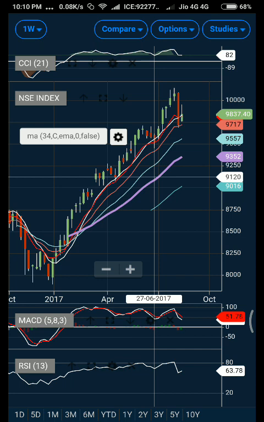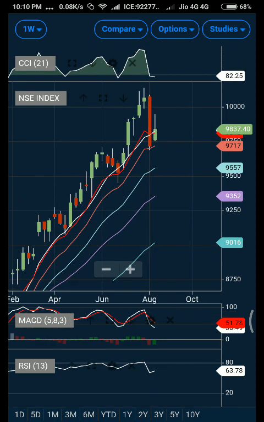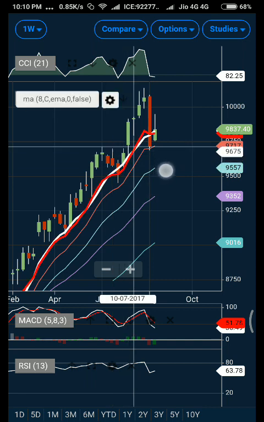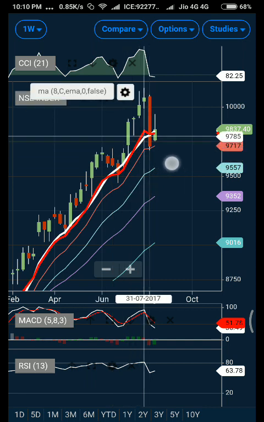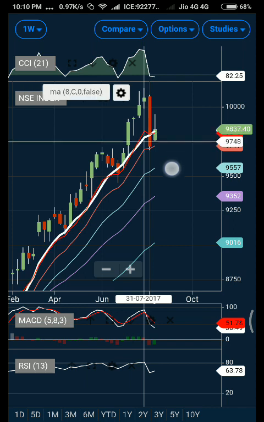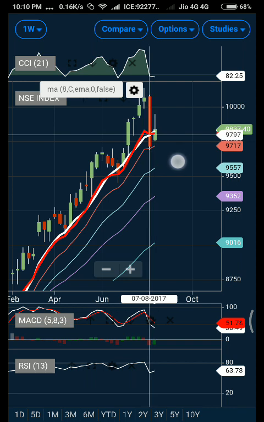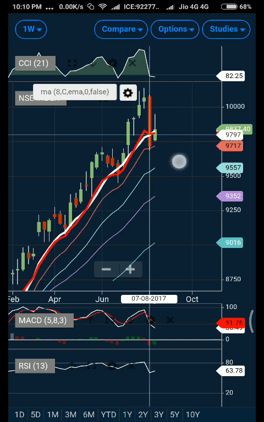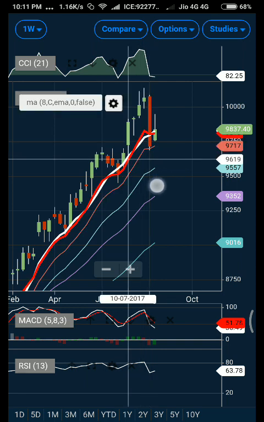First and foremost thing, as you can see guys, the market has already generated a bearish crossover. For those of you who do not know what these moving averages are, the red line you can observe is the 8 days exponential moving average, and the white line that you are seeing is the 8 days simple moving average. The logic is, whenever the simple moving average crosses above the exponential moving average, the trend that is going on is losing momentum. So if it is a bearish trend, it will continue, or if it is a bullish trend, it will continue.